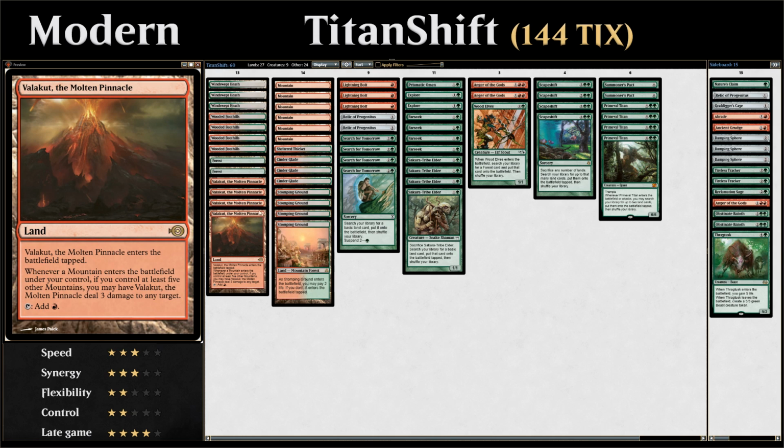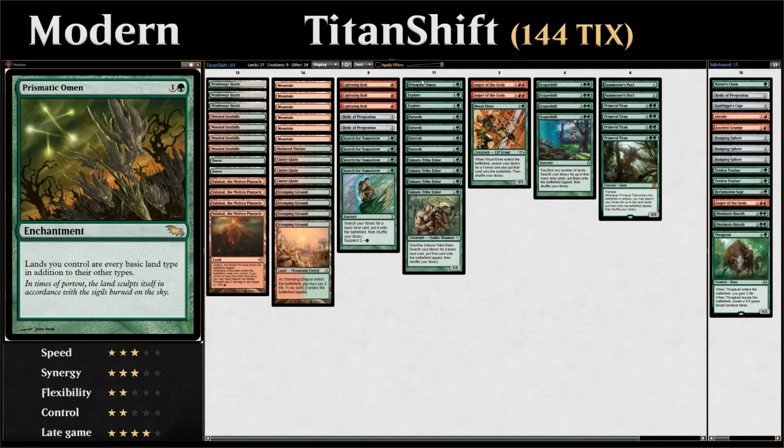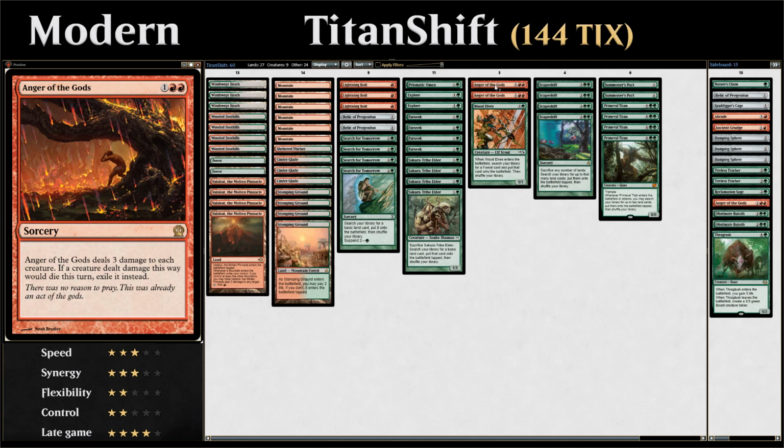And it also makes Valakut itself count as a mountain, so you need fewer mountains in play before Valakut starts triggering, and of course also turns your forest into a mountain, which is useful. So Prismatic Omen also kind of ramps us in a weird way, since you need 1 fewer land in play before Valakut becomes active. And then we also have 2 copies of Anger of the Gods as more creature interaction,